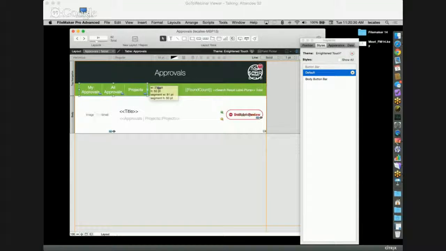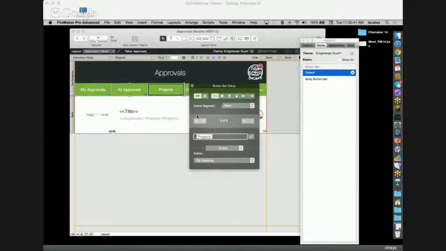I can easily adjust the size of it horizontally as well, and it automatically proportionally scales all the other segments so that things just line up perfectly. It's just quick and simple. If I double click on these as well, I can look at other options. Notice I can have the buttons themselves lined up vertically as well as horizontally. So if I'd prefer to have a vertical bar of buttons on the left-hand side of my layout for navigation,